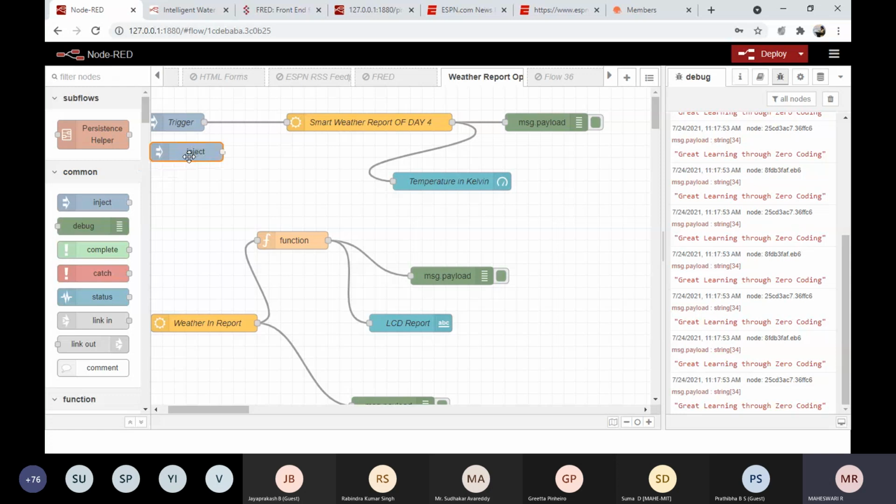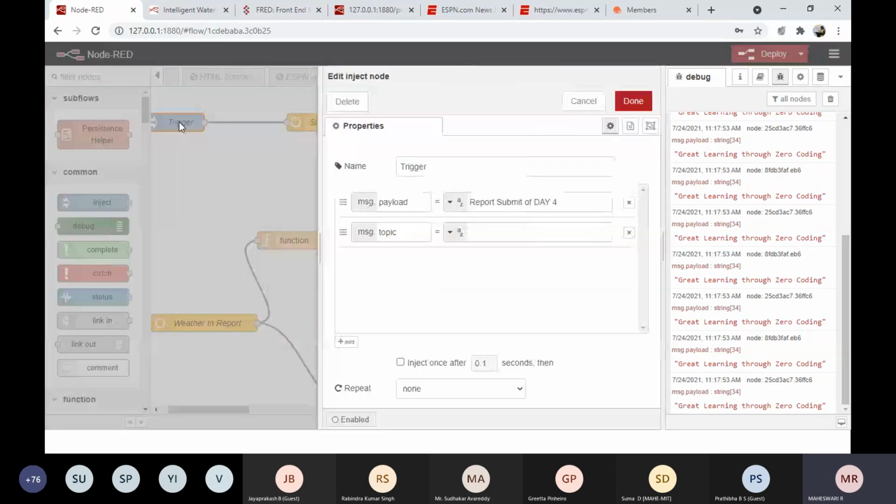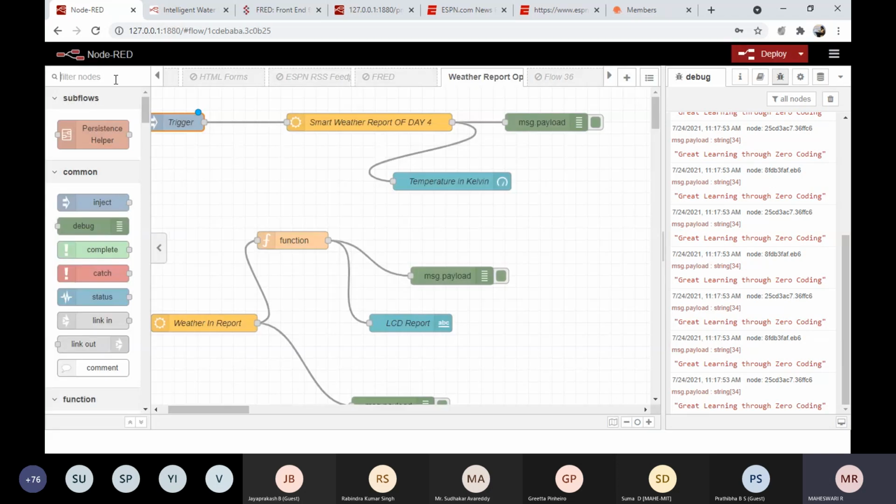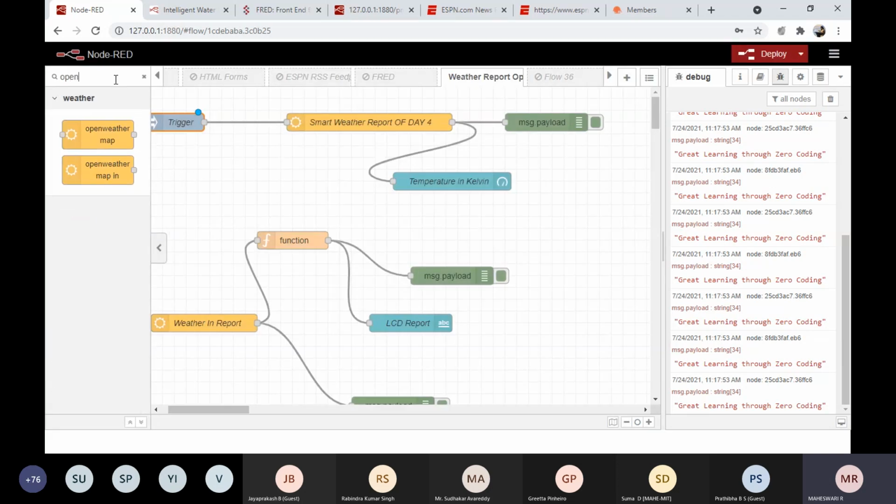I drag an inject node and place it here, and I'm going to give the payload "report submit of day 3 FDP." This is my payload which is going to be displayed over there. Then click done. Then I'm searching for open weather. Actually open weather is already installed, so it is available here.